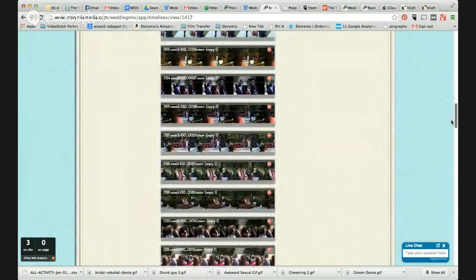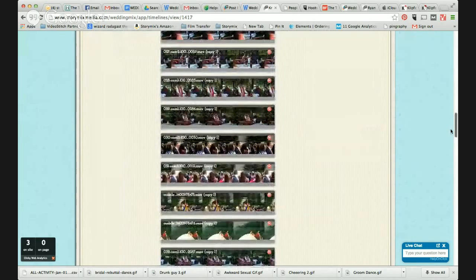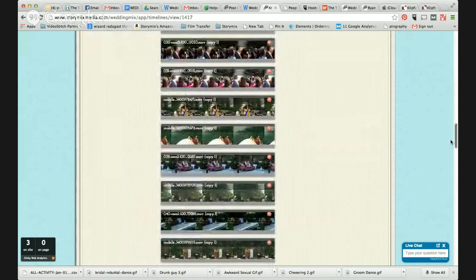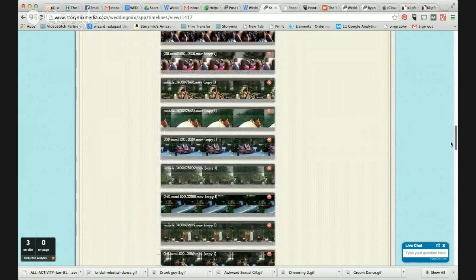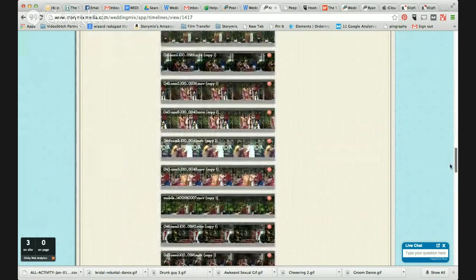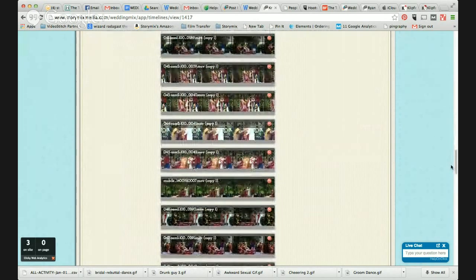An example of where it might make sense to cut down some of it, and I do have a blog post about this, is actually in the ceremony itself. So let me make sure you guys can see this. Yep. So in the ceremony,